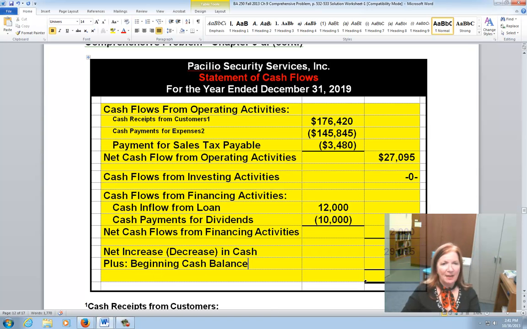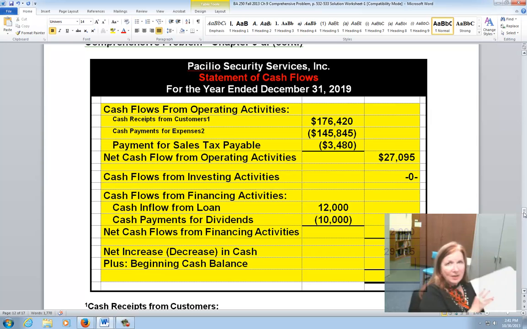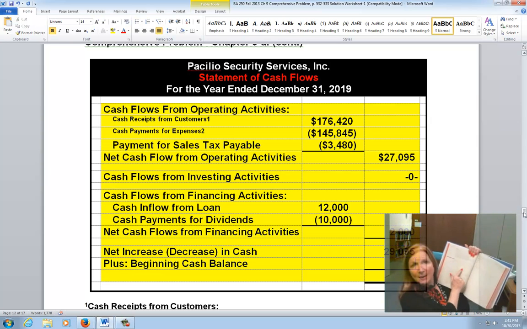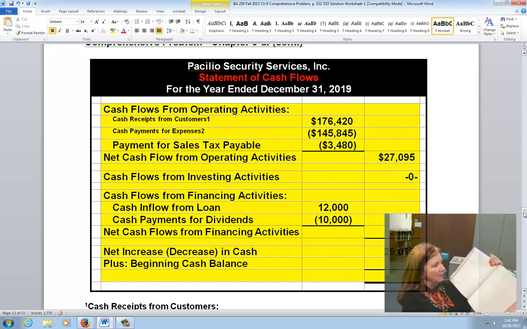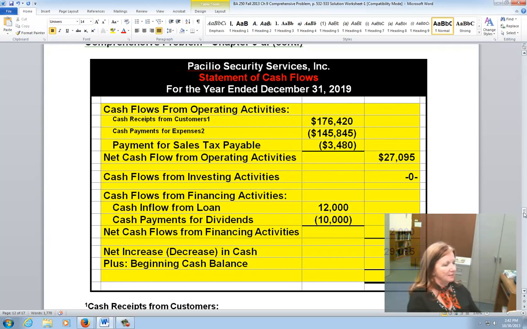And now we can look at the general ledger T account and see how much it was. So we can go up there and look. But again, we can look here at the beginning trial balance and find the amount of cash that was in the account in the beginning. And it is